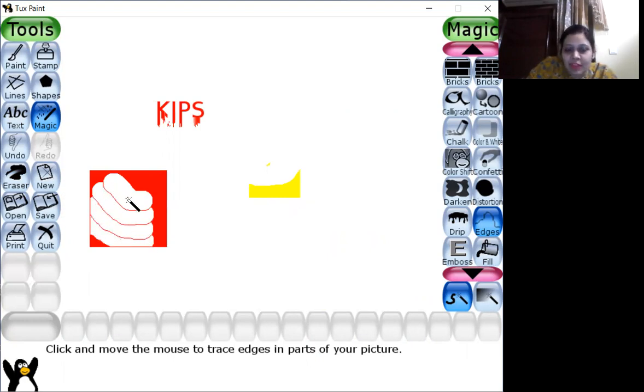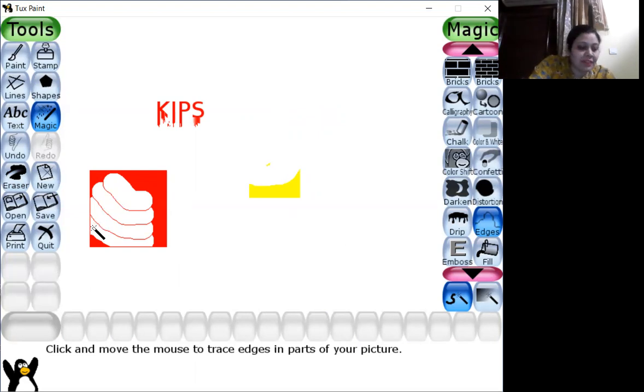Now you can see whenever I move my magic pen, every time you have a boundary. That means you have edges there. It's not simply an eraser that is erasing everything. Wherever you're moving, it is giving the outer edge to it. And every time you're moving, it is giving edges. So you can use this to make designs where you move your magic wand and only the edges are visible, the rest is getting erased.